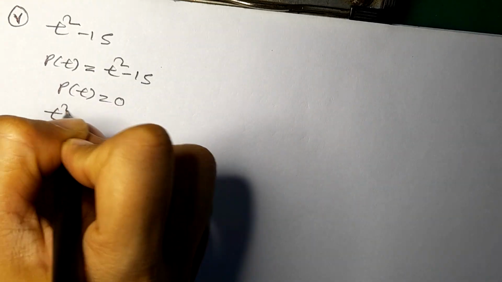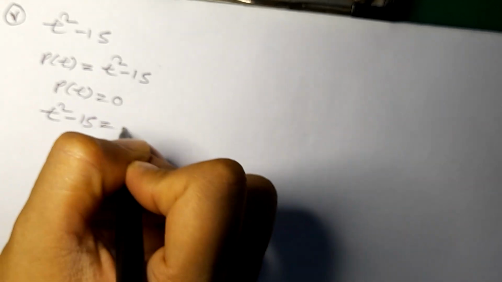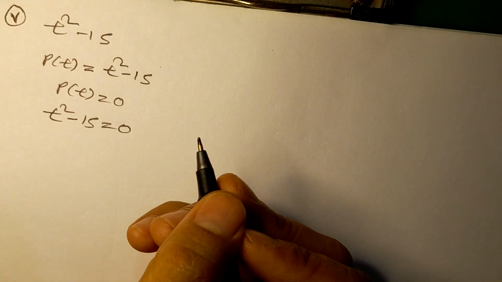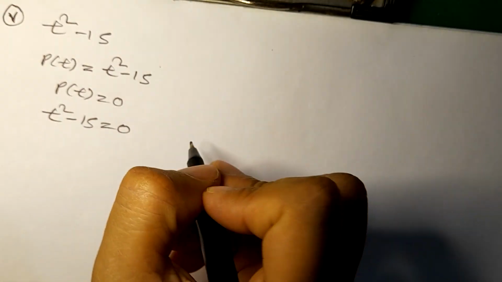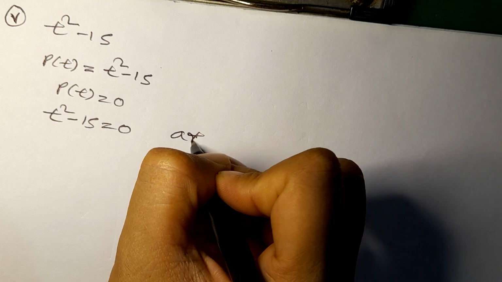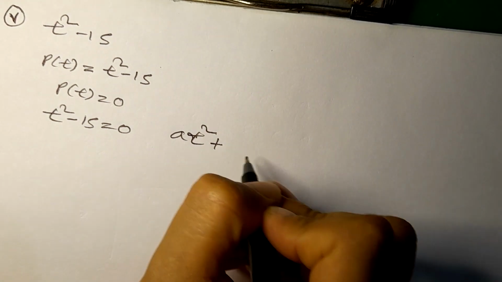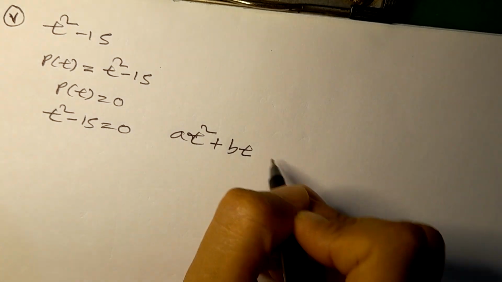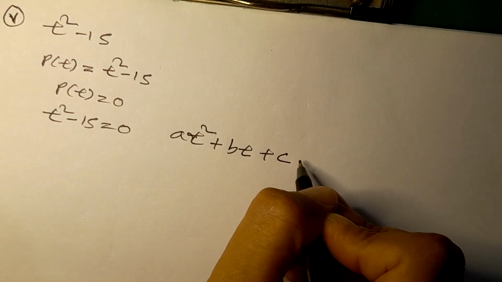So it will be t square minus 15 equal to 0. This will be compared with the general quadratic equation, that is a t square plus b t plus c